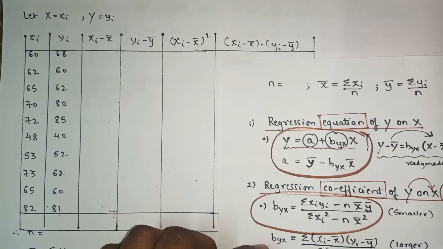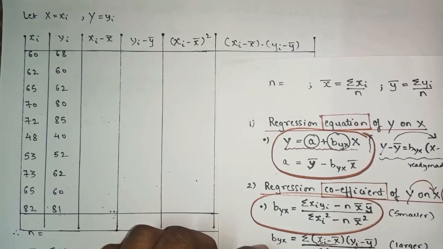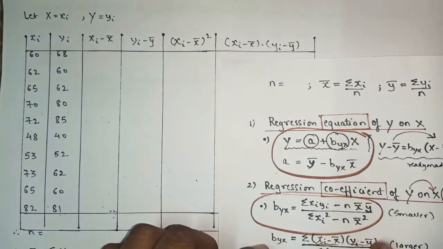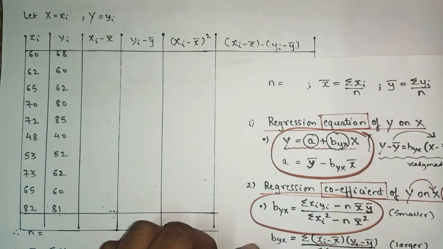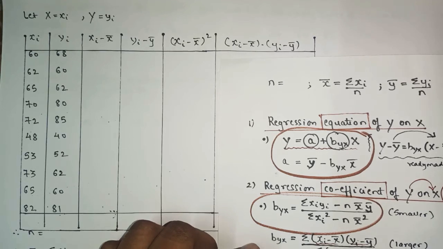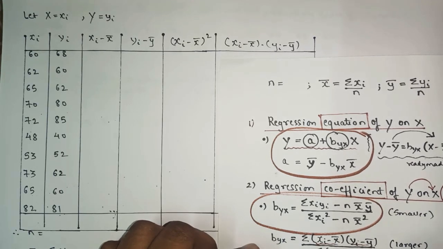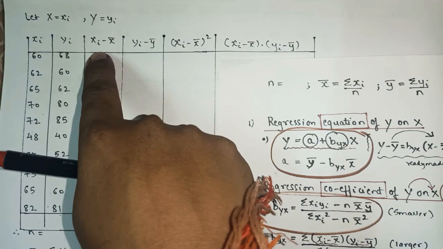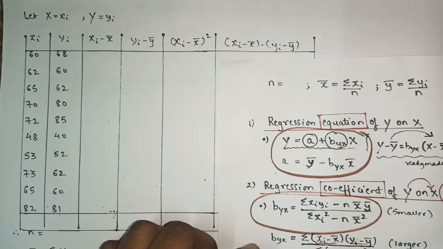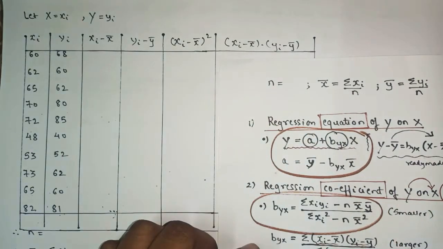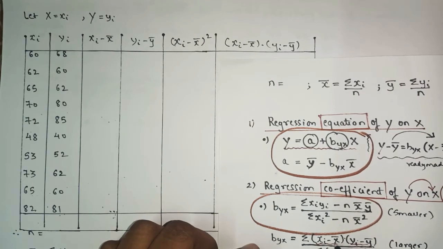Now here we have to find the totals of these sections. So first we'll find this part, xi minus x mean, then we'll add a column for yi minus y mean, and after that we have to find xi minus x mean the whole square. Already we have the value of xi minus x mean, so simply you have to square this part. According to the formula, we'll add the columns, and in the last column we have to find the total of these two.